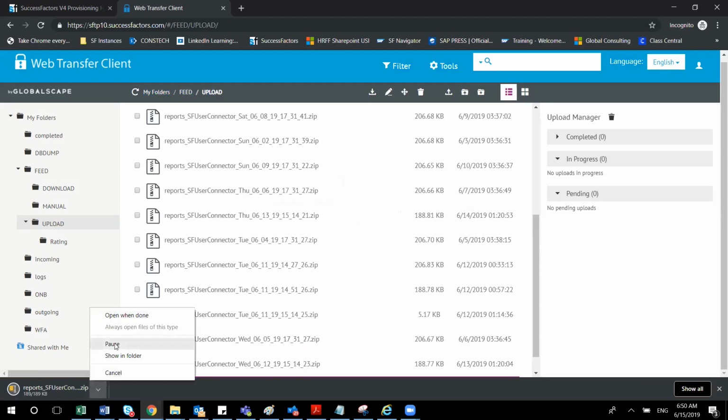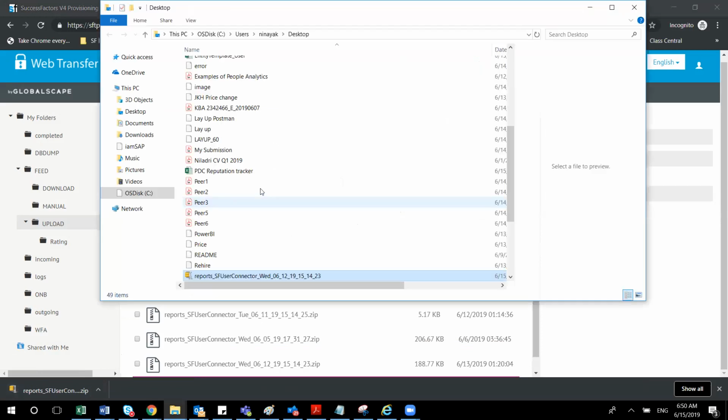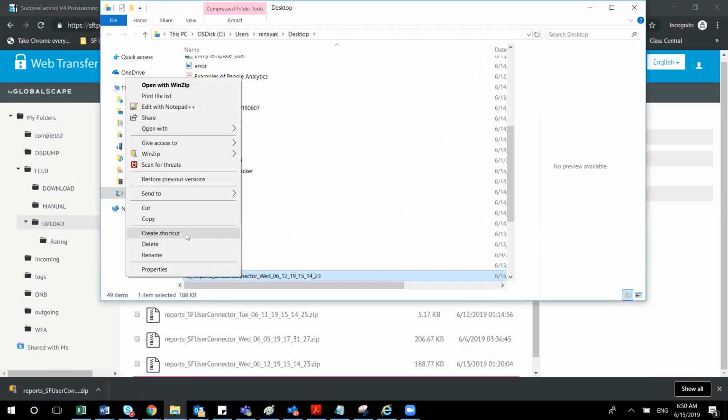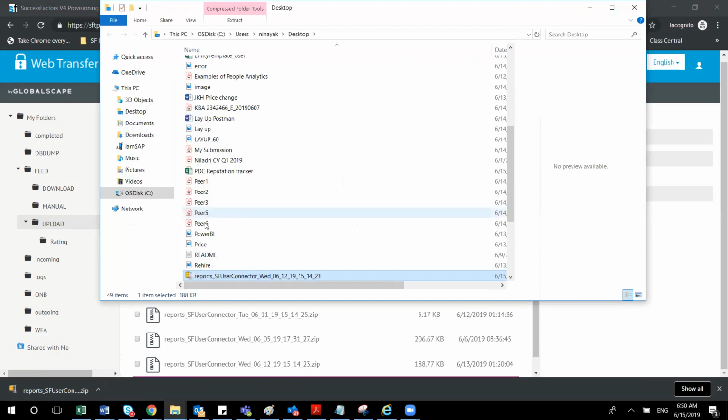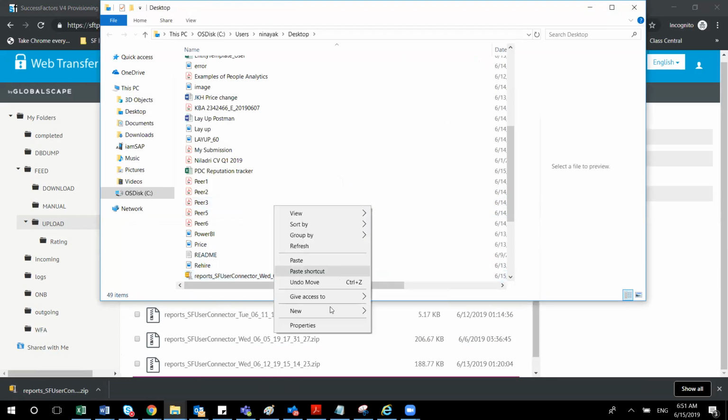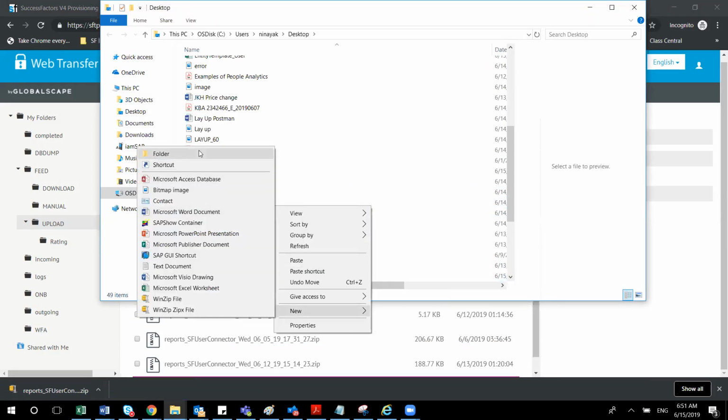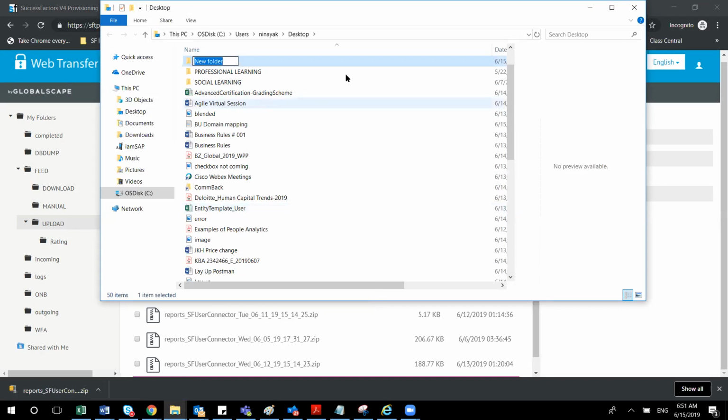This is the kind of status report for SuccessFactors. These are the files, or if any error happened, they're all logged. This is again a log file. It will be generated every day depending upon your schedule.